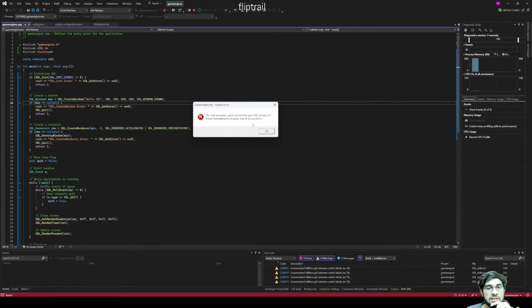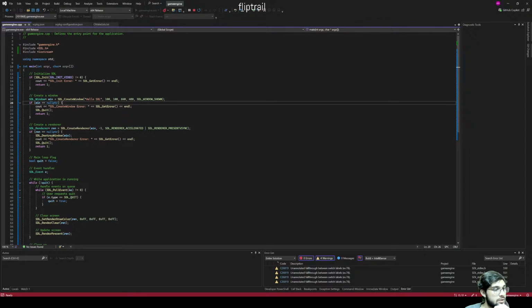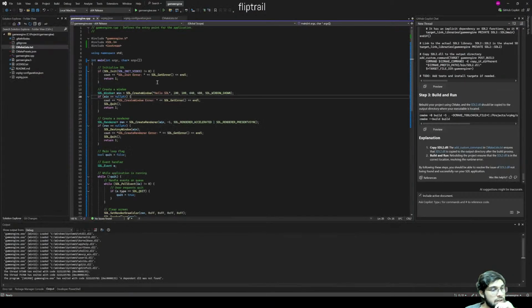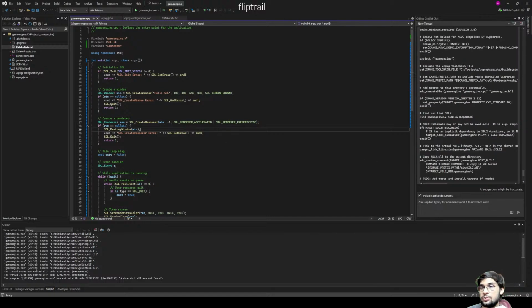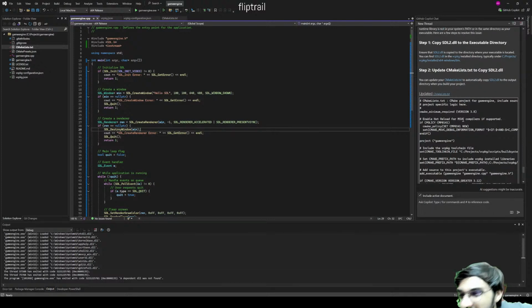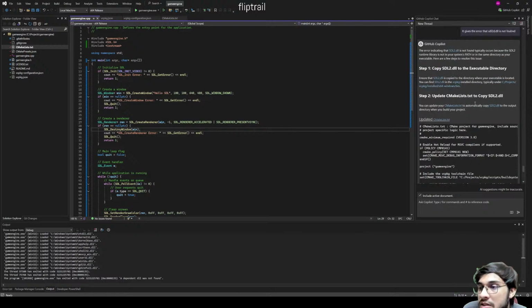Now it gives the error SDL2.dll was not found. Okay, I want it to automatically pick it up. I don't want to do this multiple times. I want it to automatically copy to the output directory when you build the project. But